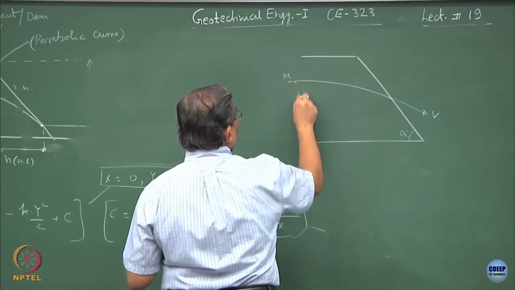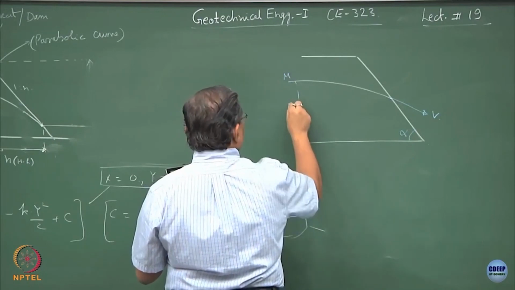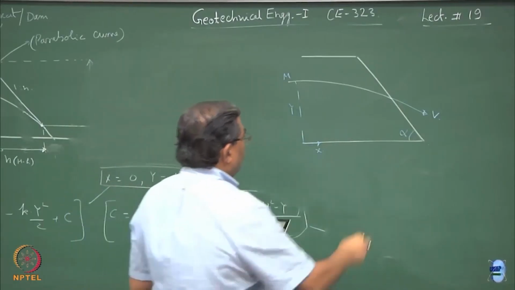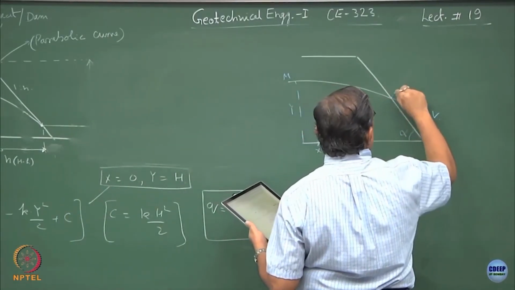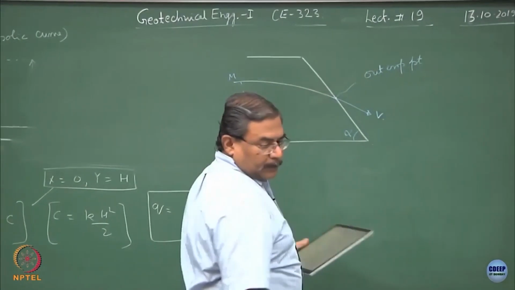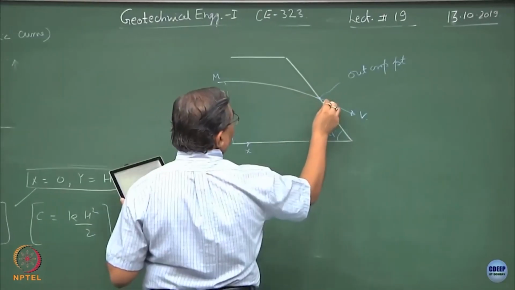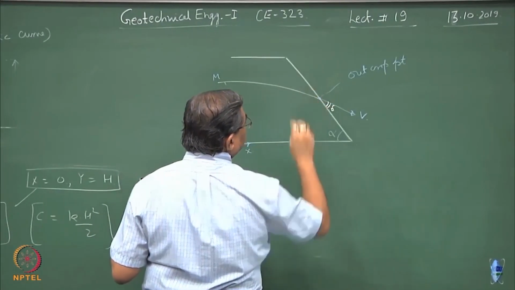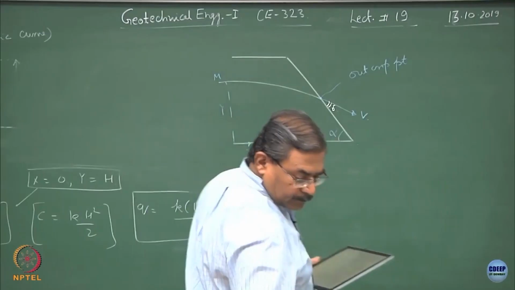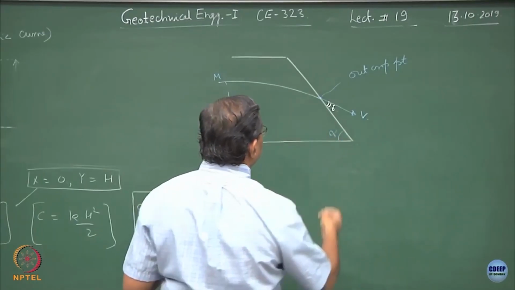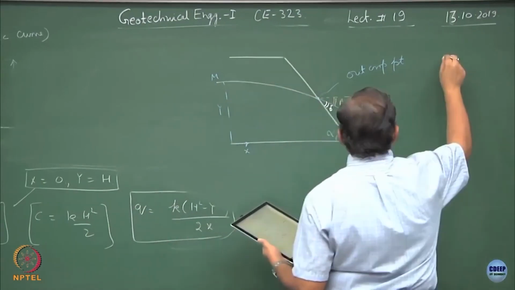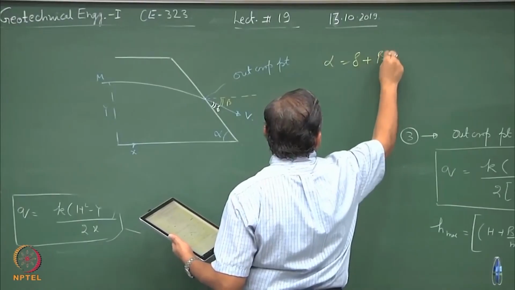At this point M, if I consider this as y and this as x, point O is the outcrop point, this is inclined at an angle of, let us say, delta, and with respect to horizontal, this is beta. So, if I say alpha equal to delta plus beta,